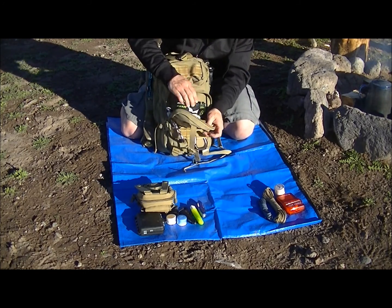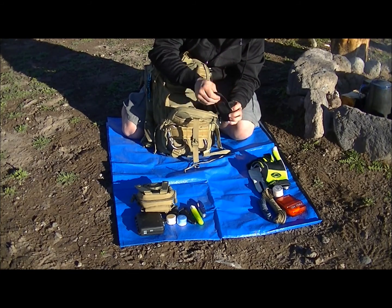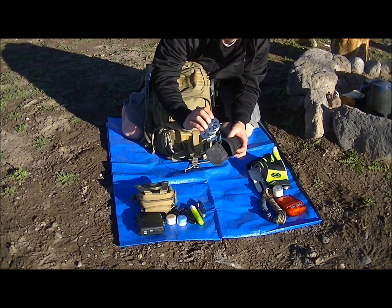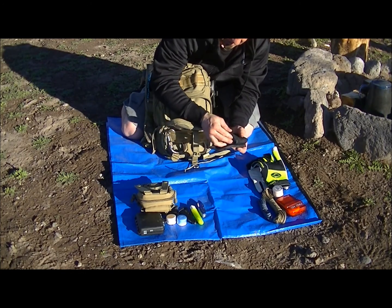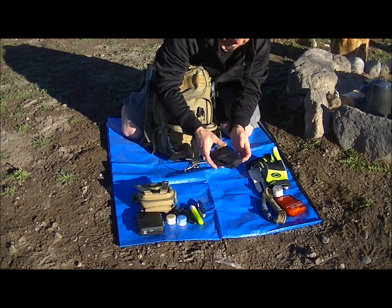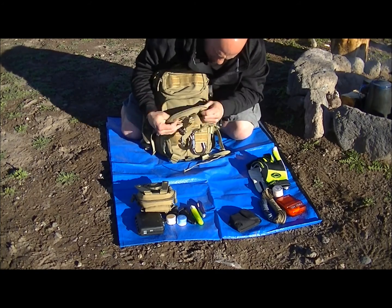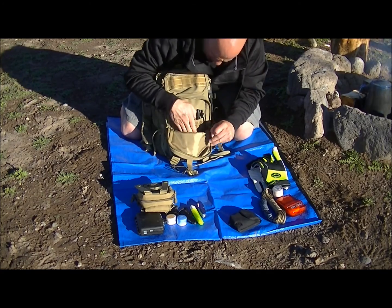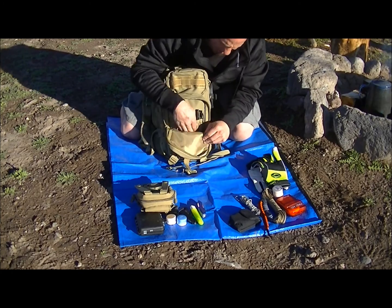Front lower pouch. I keep a pair of gloves with me all the time. I keep with me a couple of these yo-yo reels, yo-yo traps, fish traps. Not legal except for on a couple of bodies of water in Utah as a set line, but I like keeping those with me in a survival situation. I also have with me another fire steel in here, a marker, a pen. I have some smaller cord, paracord bracelet,